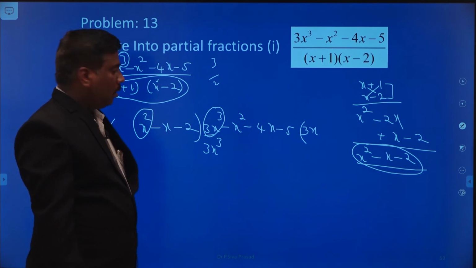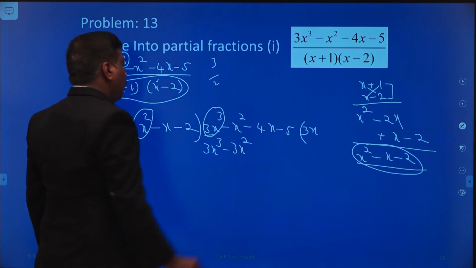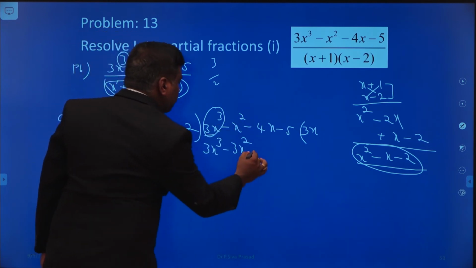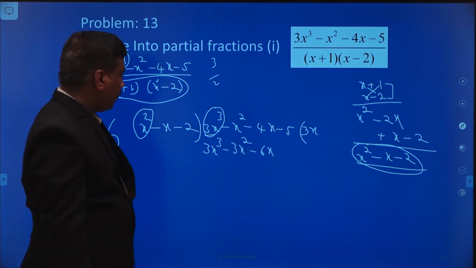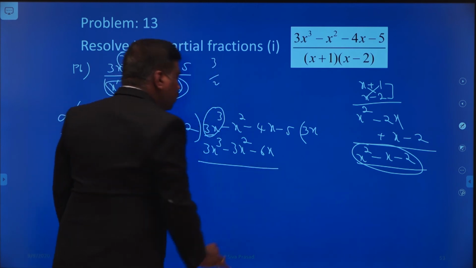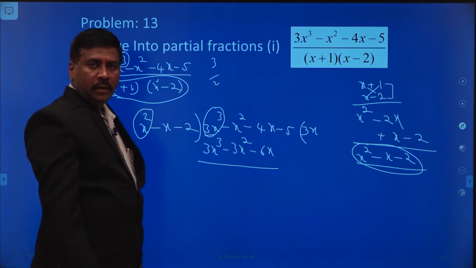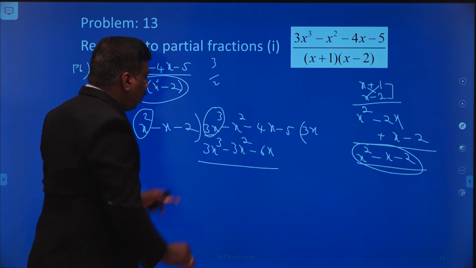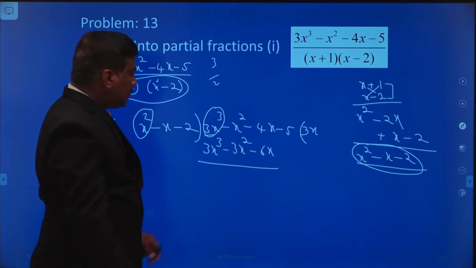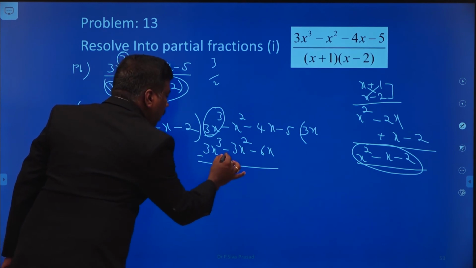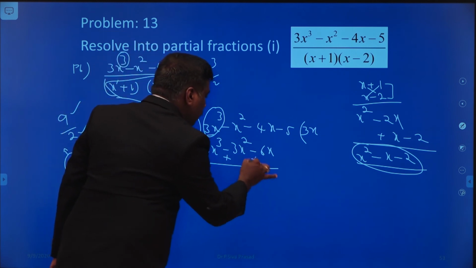Then 3x into x square, that means we will get 3x cube. All of you catch my point? Now again 3x into minus x, minus of 3x square. Again minus 2 into 3x, that is minus of 6x. Now simply we have to change the signs, because we have to cancel these two terms. If you are not putting any symbol, automatically you have to consider it to be plus. So that means I have to consider the opposite signs. Here minus is there, so you have to take the plus value. And here also minus is there, you have to take the plus value.